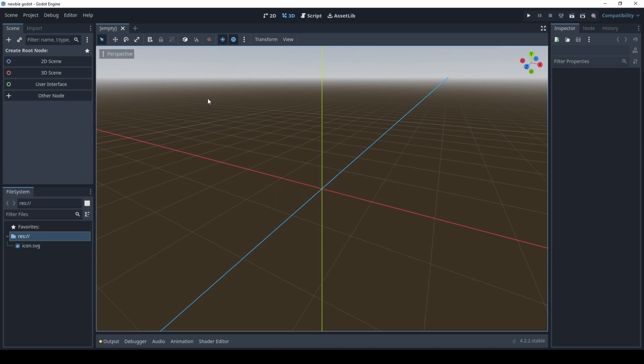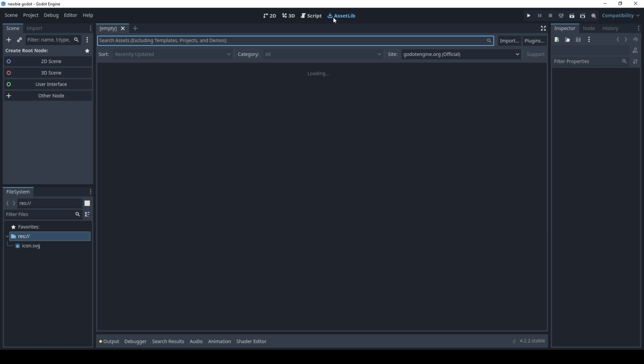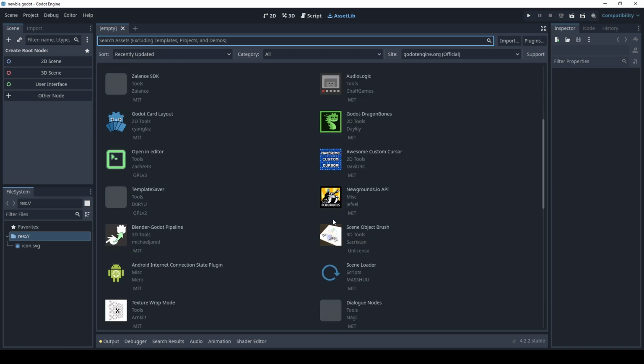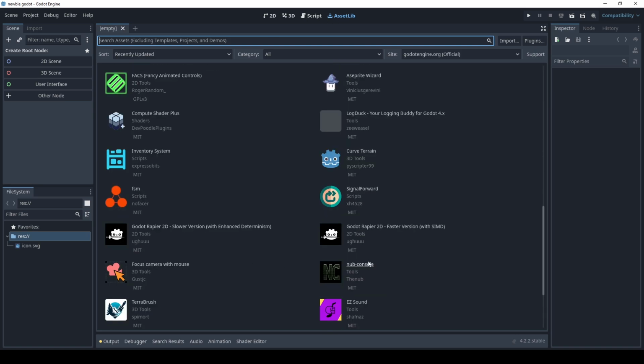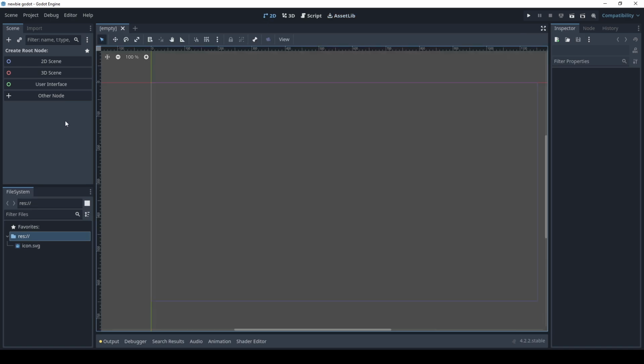Just wait for a while, and then I want to make the 2D, so might as well just switch it to this 2D. So this is just the tab here, 2D, 3D, script. If you want to write the script, then you click on the script, and this tab is for the asset library if you want to import from the demos or projects or templates. Okay, so there's a lot of things we can explore, so just stick to this for the moment.